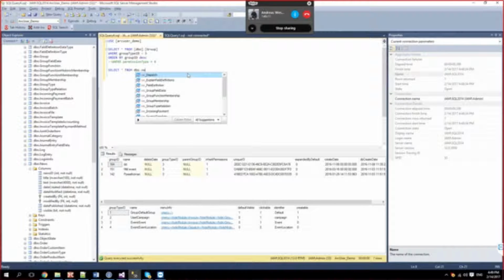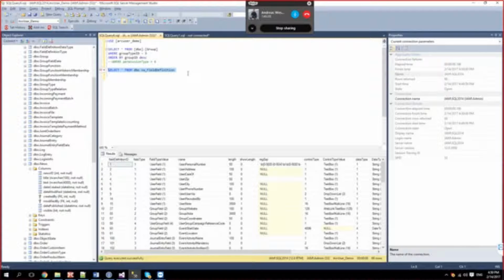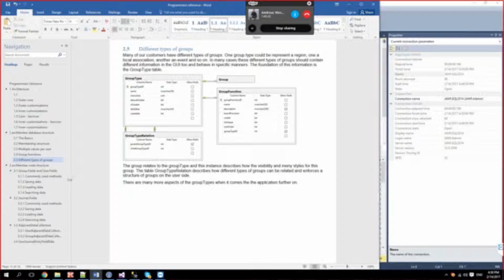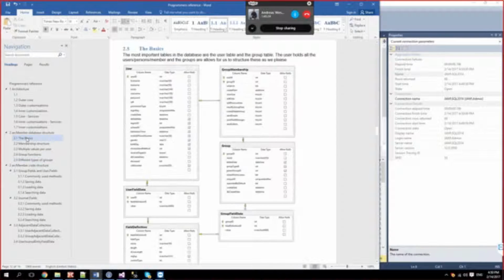These field definitions, using this view, we can investigate what field definitions we have in the database. Once again, going back to the documentation, I think that's in the basics.